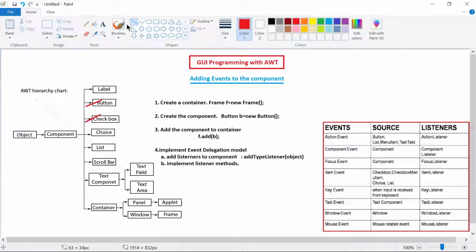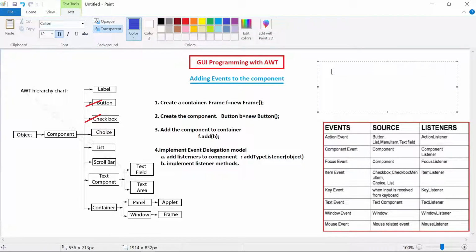So in this lecture, let us see how to create a checkbox and how to create an event. The second one is creating checkboxes. A checkbox is nothing but a small square box which can be enabled or disabled. A simple example is whenever you are filling in a resume, you will be asked to check the languages you know or the hobbies you have. You can have more than one hobby, so you can check all the checkboxes like this.